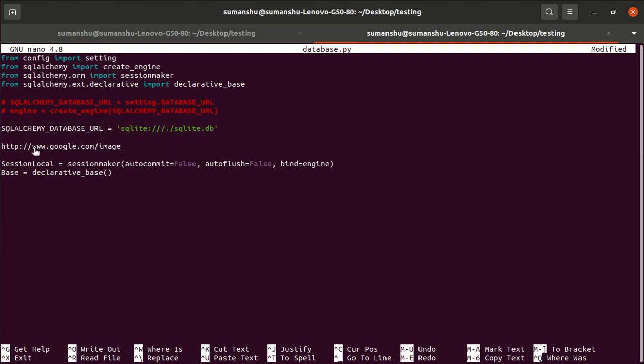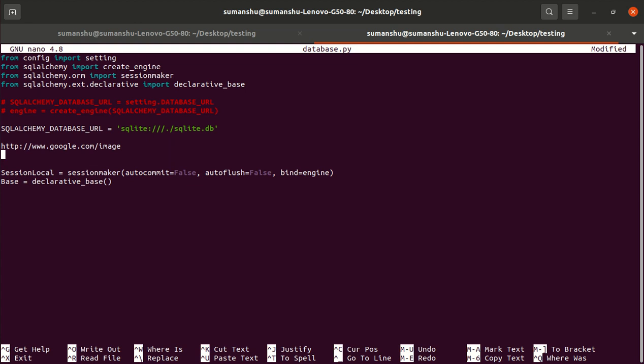But this is the general URL. So we have colon, http is the http method, but here we are defining the SQLite database. So we define sqlite, then a colon, then two slashes. When we define an internet URL, we define the domain. Here our domain is localhost, right? So our file should reside on the localhost, and then let's suppose image. So our URL should look like this.